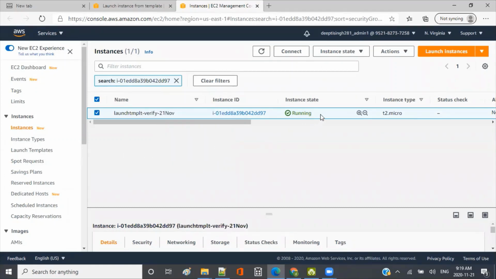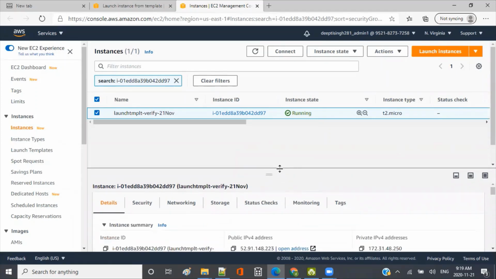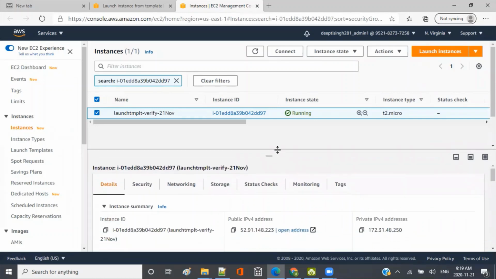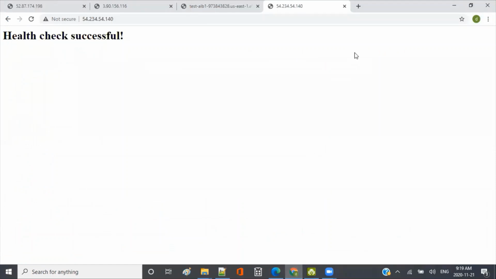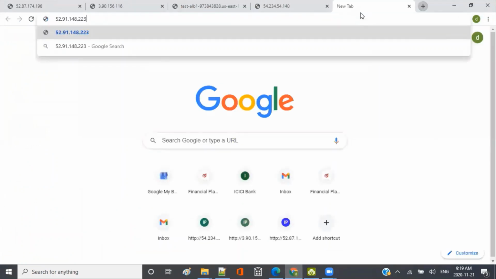Okay, so this is running. Status checks are still in process, but let's see if we can access it. If we go to the public IP and try to access this. In my notes sometimes I say that it should be readily available. Readily means you don't need to even access the machine.